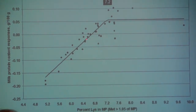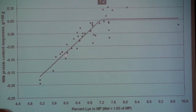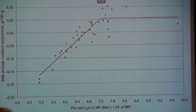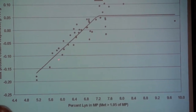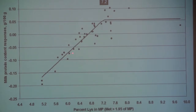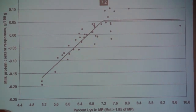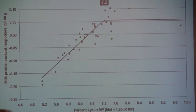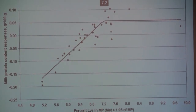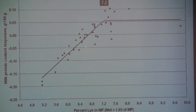But out on the farm, where are we typically? If we're not balancing for lysine and methionine, we're probably going to be down here, especially if we got a lot of DDGS in our diet. We're going to be down around 5.7 using the NRC model. If we're not feeding DDGS and we're feeding soybean meal and a protected soy product like Soy Plus or Soy Pass or Amino Plus or Soy Best, oh, then we'll be up around 6.3,